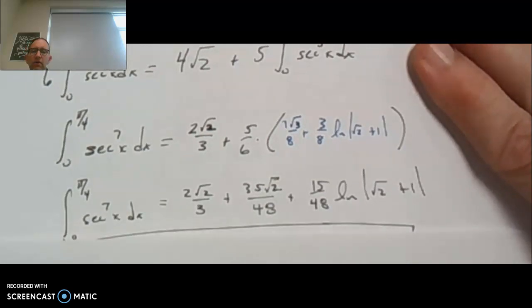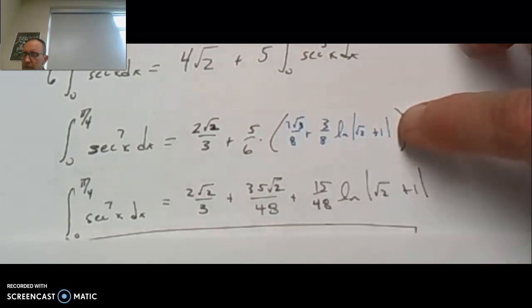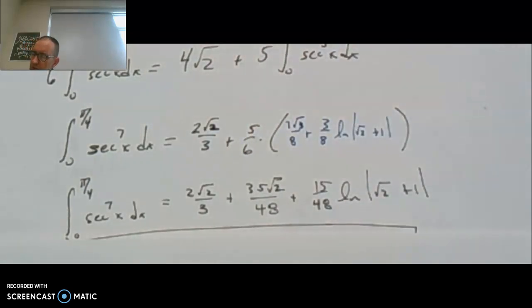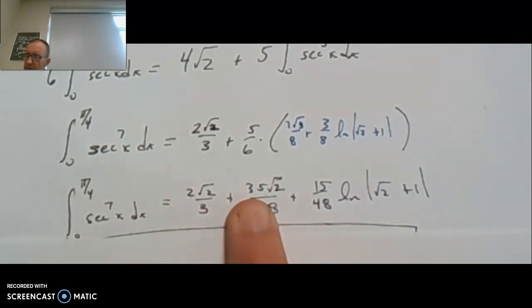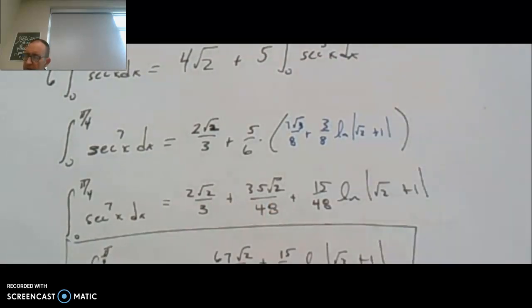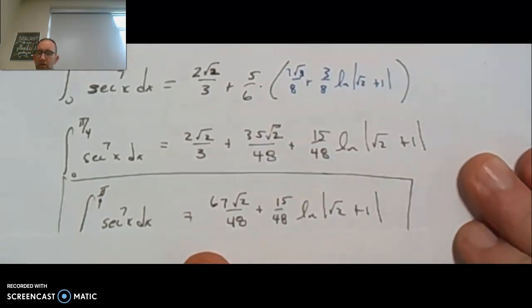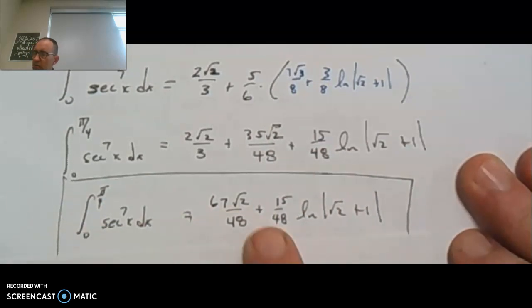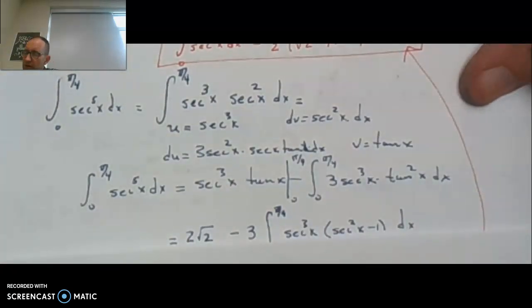We can crunch through a lot of algebra here, distributing the 5 over 6 through the parentheses there. And then we can add our common denominators here. So we've got 32 root 2 over 48 plus 35 root 2 over 48. That would give us 67 root 2 over 48 plus the other term, 15 over 48 times the natural log of square root 2 plus 1. So now we found the value of all 3 integrals that we need in order to figure out the value of